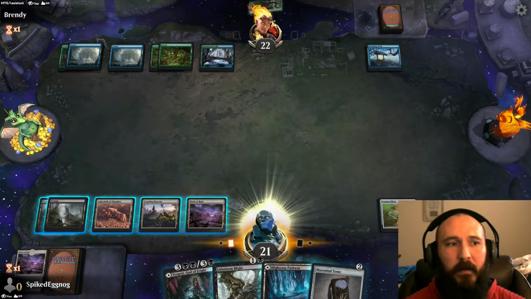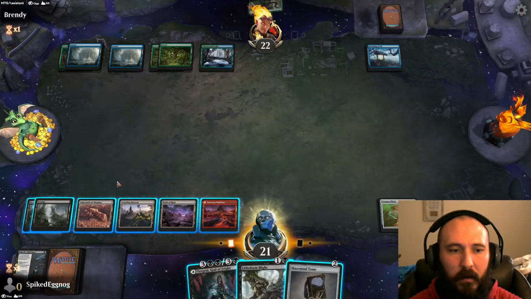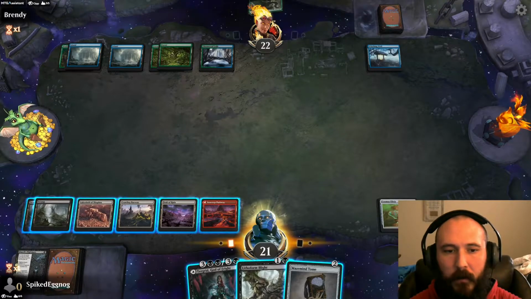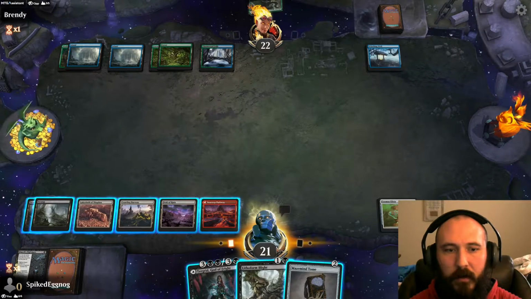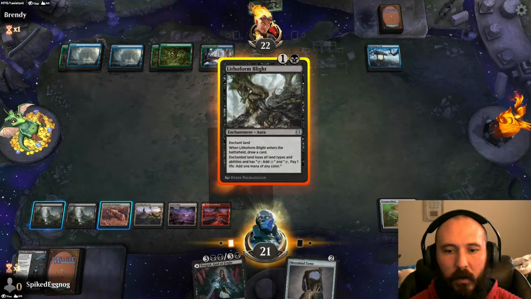I'm not concerned about the Thorn Mammoth. I can tap that down infinitely as well. Well, take it out of combat, so I'm not really concerned about that. What I do want to do is...